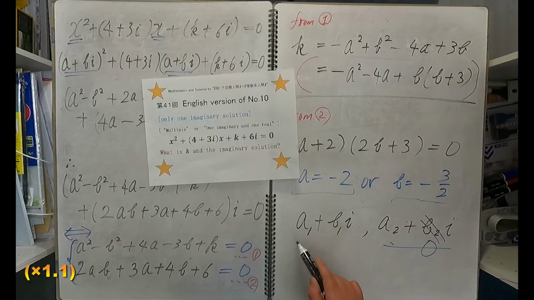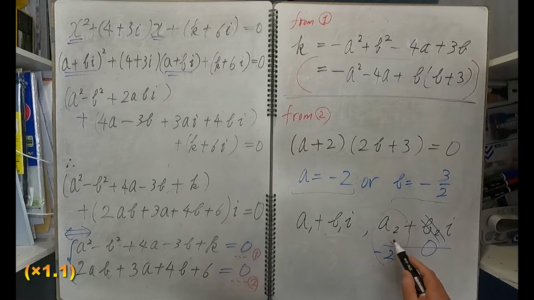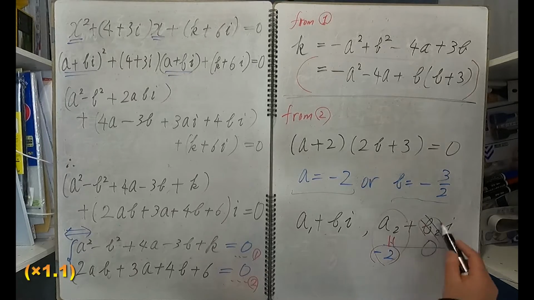The possibility is a1 is minus 2 or a2 is minus 2. So first we'll check this case, a2 equals minus 2, okay? If a2 equals minus 2, b2 equals